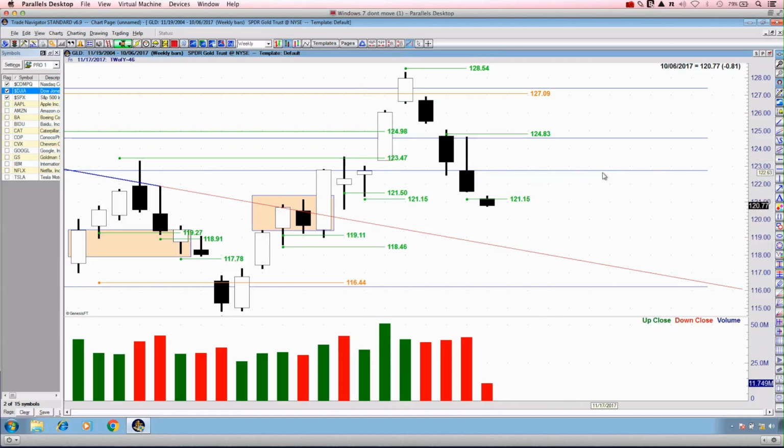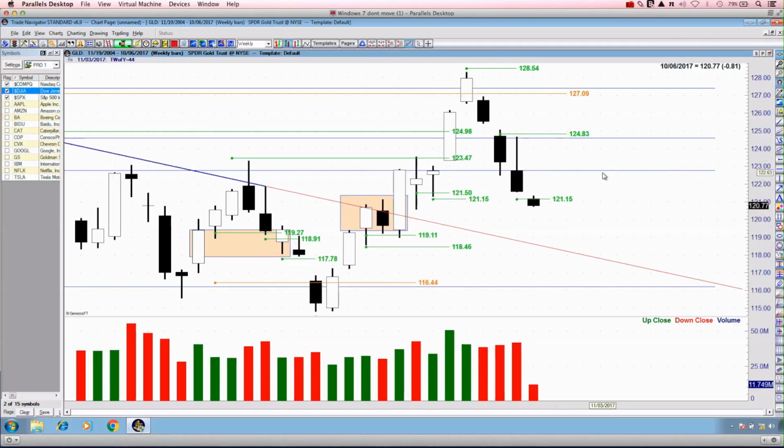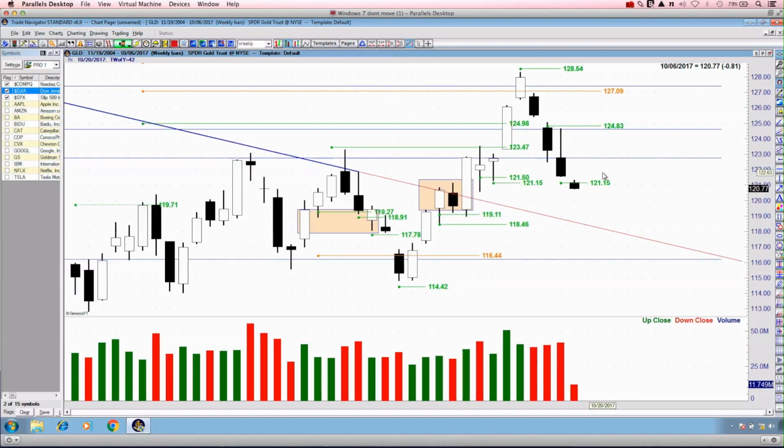So gold is obviously volatile. That's to do with the US dollar, but if the US dollar rolls at its current level and starts to move bearish once again, you should see gold once again spike to the upside. But if the US dollar gains some traction and continues to advance, continues to appreciate in terms of purchasing power relative to that of gold, well, then you are going to see commodities continue to sell off. And if anything, 116 is a very realistic expectation as to where that next macro area of support is for gold.